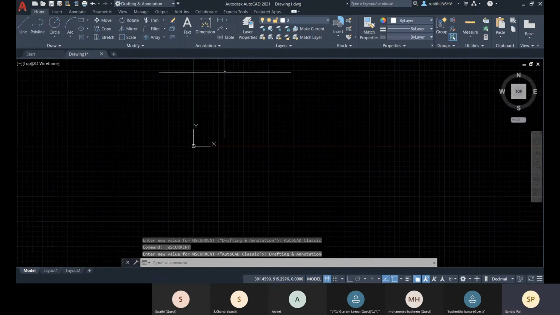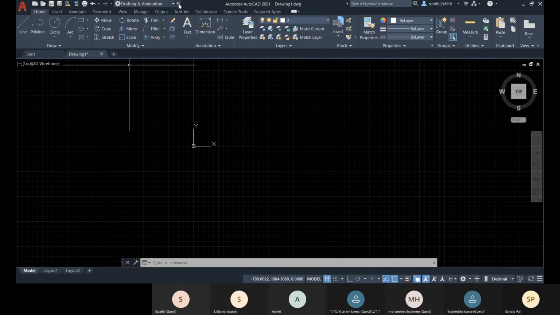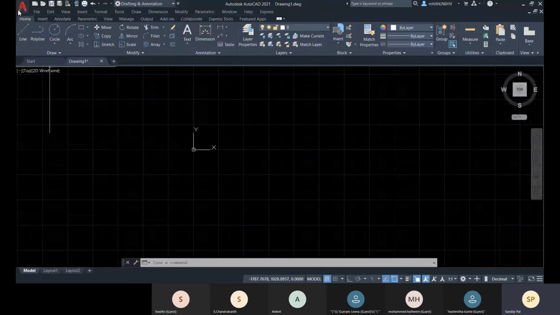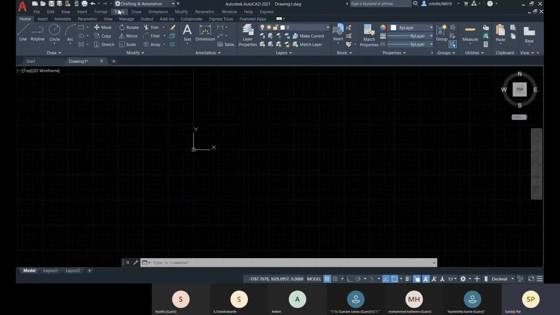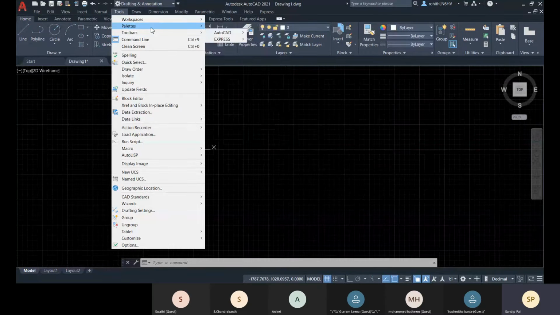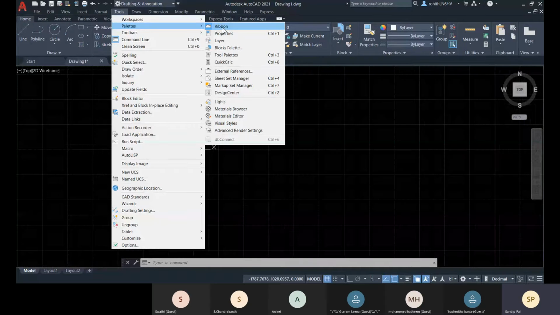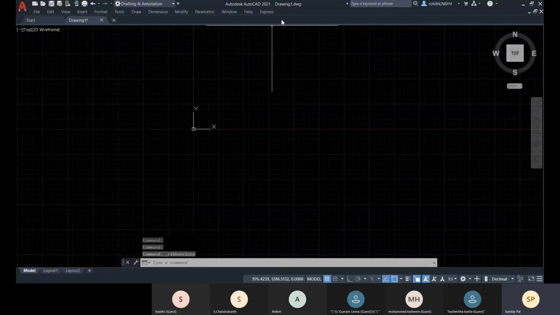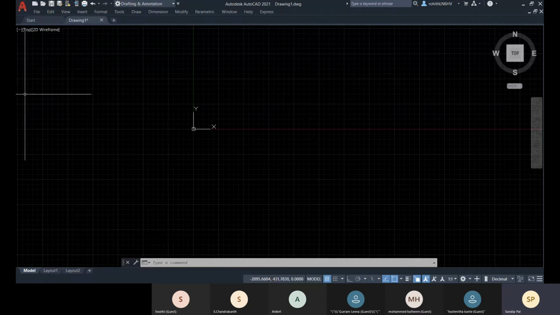Let me just switch into this, and here suppose I don't need this ribbon, or I want a menu bar over there. So this is the menu bar. I have customized it. Okay, and this tool I have. So from this palette, let me just hide this ribbon now. So there is no ribbon, and I want drawing toolbars and modify toolbars over there.